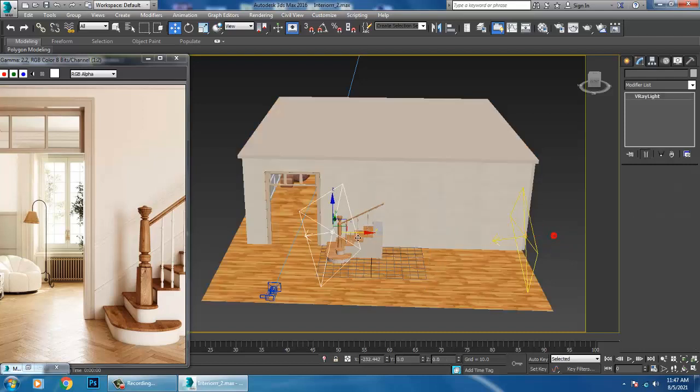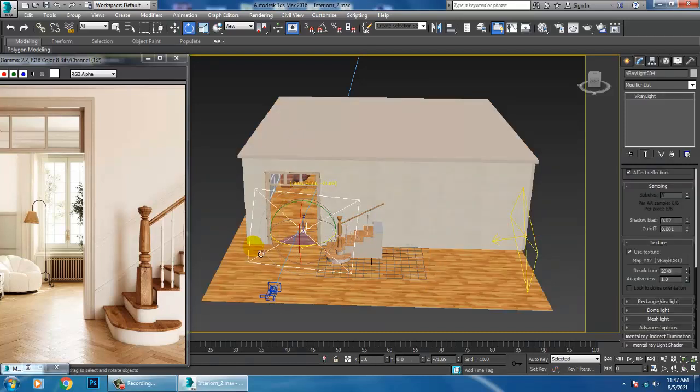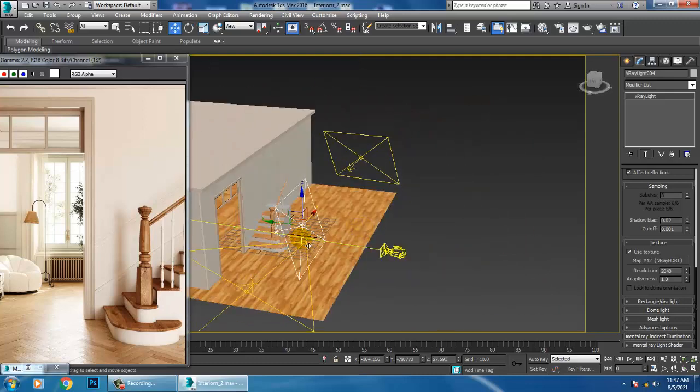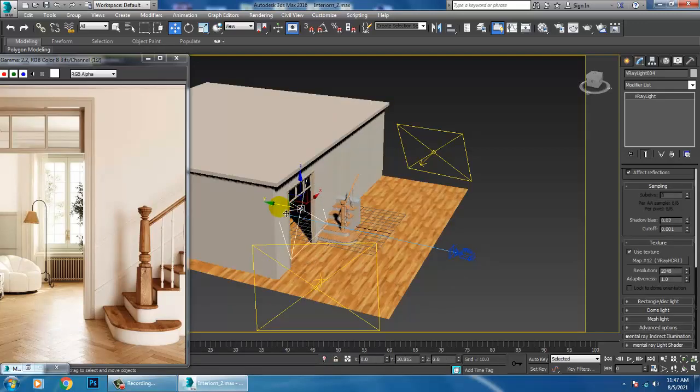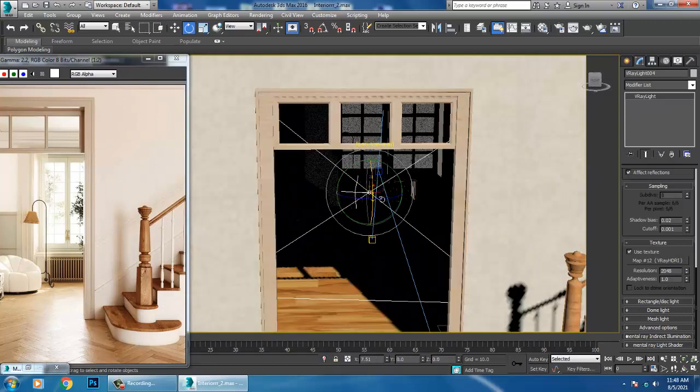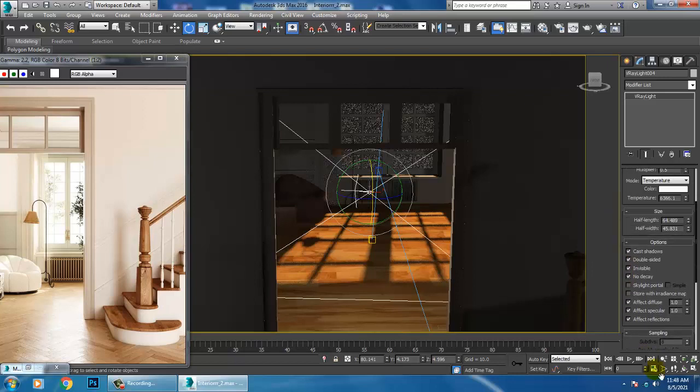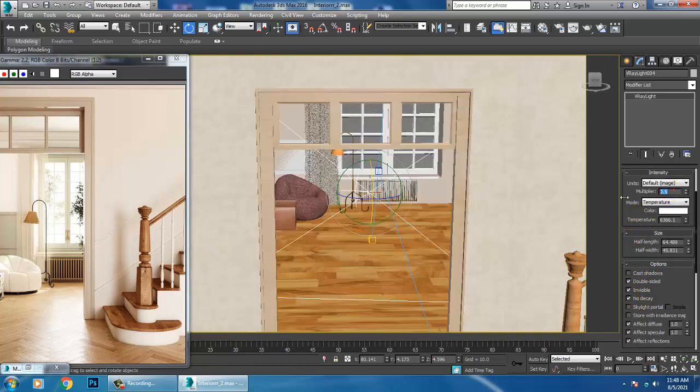We can try with one more light over here from here. I'll slightly shuffle it inside, a bit inside over here, and most importantly I'll turn off the cast shadow over here, and I'll reduce the multiplier of this light to 0.08.